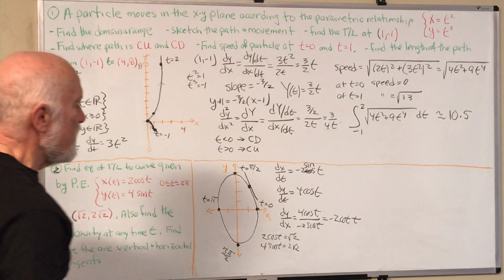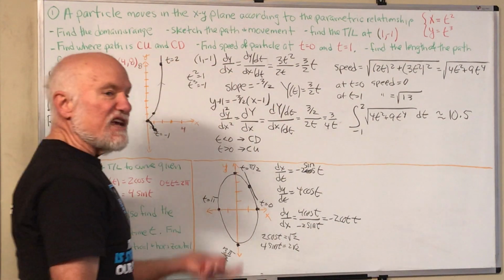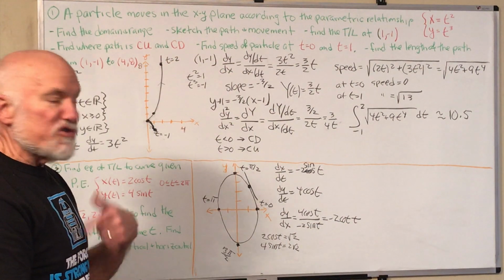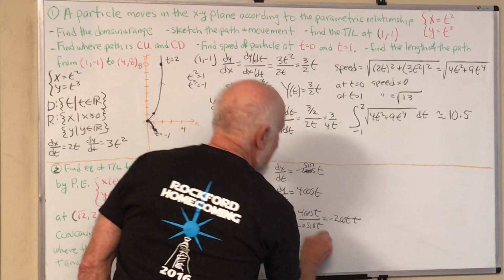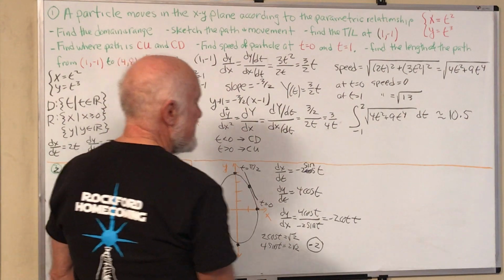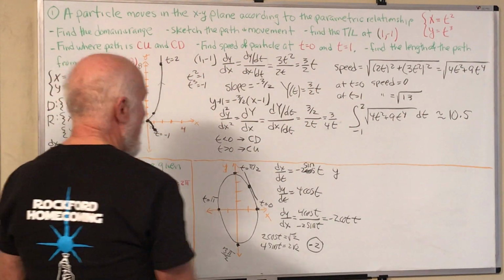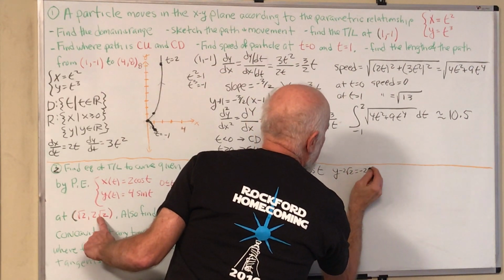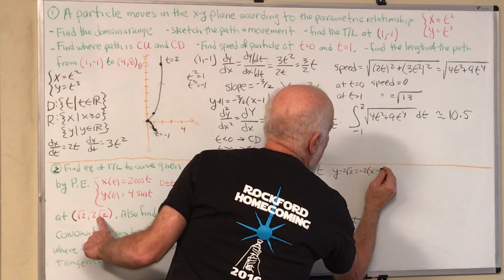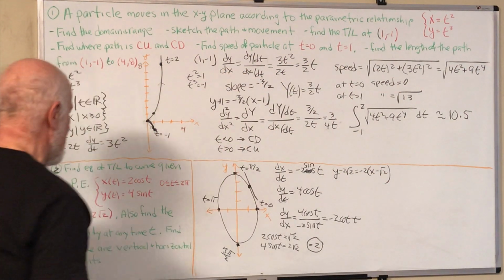So now we know to put in pi over 4, and that's nice because the tangent and the cotangent of pi over 4 are just 1. So the slope turns out to be -2. So our tangent line is y minus the y value equals the slope times x minus the x value. So we were able to write the equation of that tangent line.